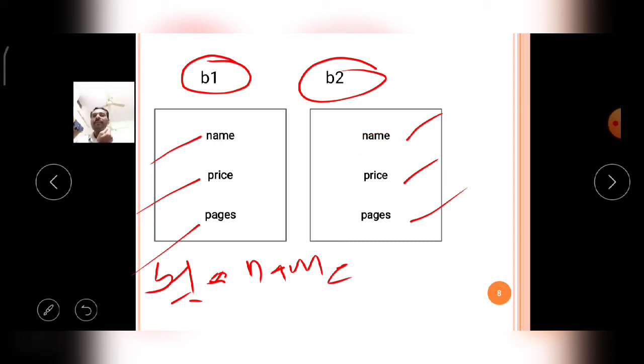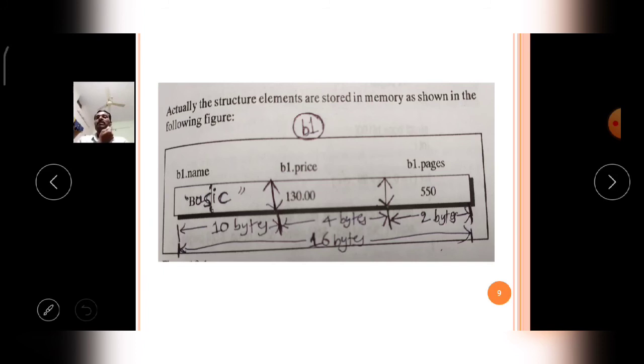Similarly B2 dot name, B2 dot price and B2 dot pages. Like that, the structure variables can be accessed directly with the help of the dot operator. Now this is a very important thing.